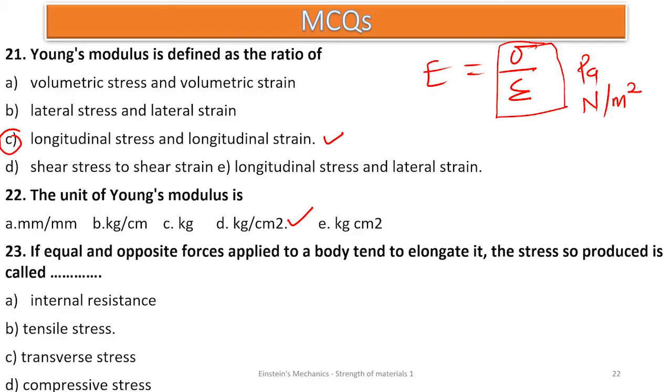Alright. 23. If equal and opposite forces applied to a body tend to elongate it, the stress so produced is called. So we have a body and two opposite forces try to elongate it. What stress is developed here? It is called tensile stress. The material will be in what? Tension, right? So it is tensile stress. Now,